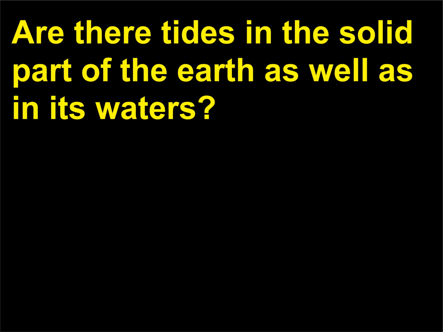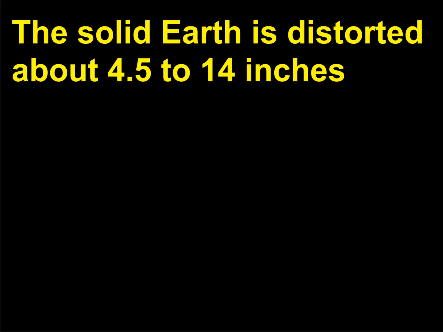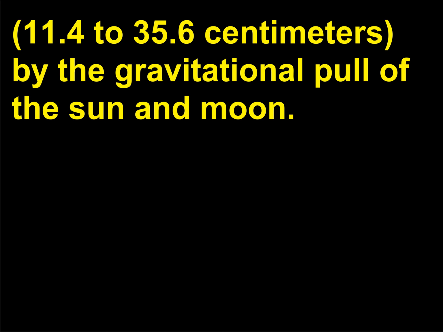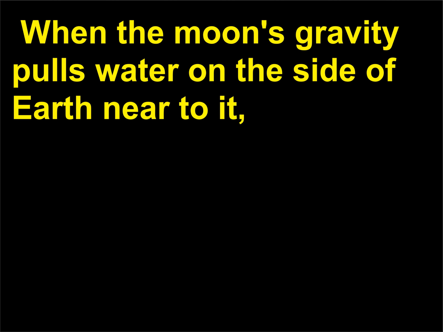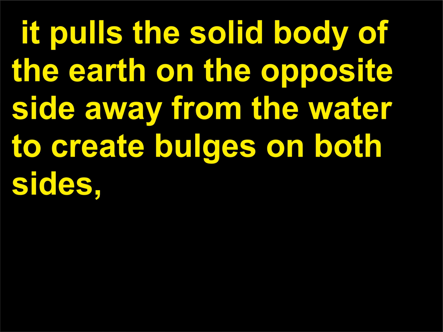Are there tides in the solid part of the Earth as well as in its waters? The solid Earth is distorted about 4.5 to 14 inches, 11.4 to 35.6 centimeters, by the gravitational pull of the Sun and Moon. It is the same gravitational pull that creates the tides of the waters. When the Moon's gravity pulls water on the side of Earth near to it, it pulls the solid body of the Earth on the opposite side away from the water to create bulges on both sides,